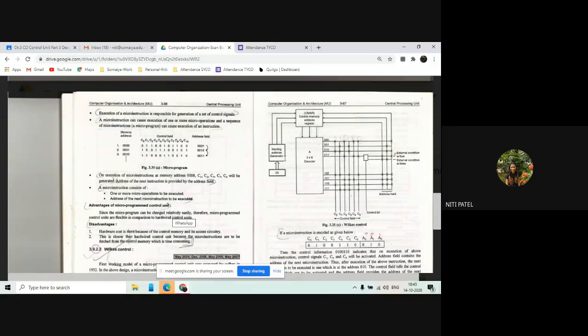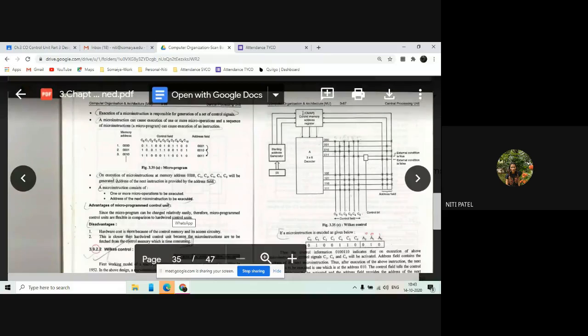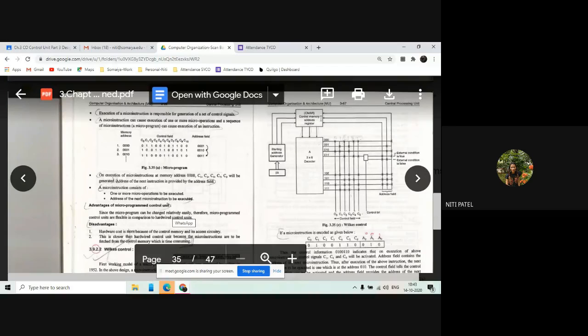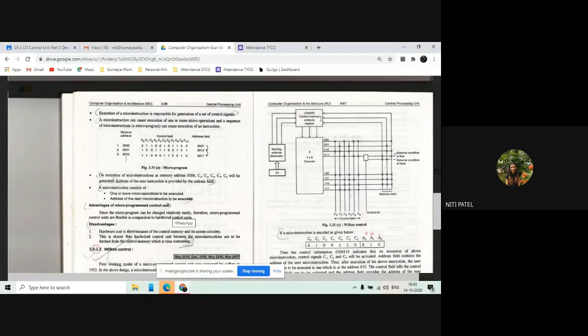where will that address go? That address will go to this control memory address register. When it goes to the control memory address register, what will go? The memory address of the first instruction. क्या है memory address? 0000. जो left page पे first address है ना, we are taking that address only. Okay, so it will take the first address 0000.